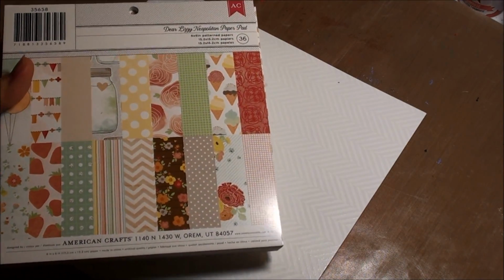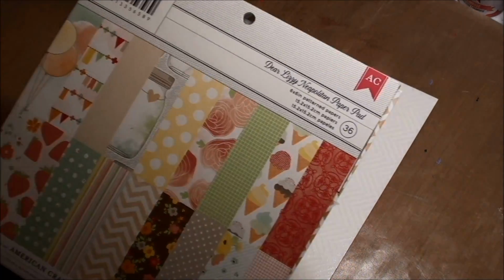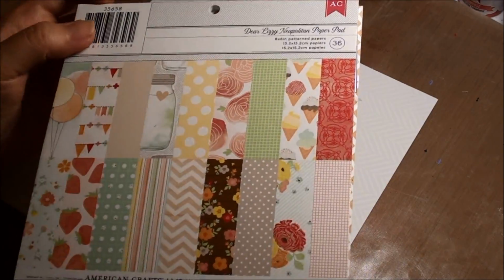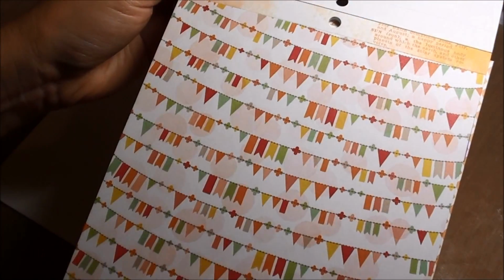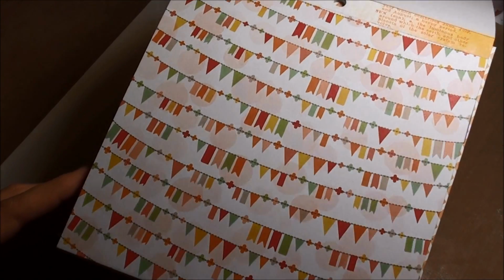So the first one I'm going to demonstrate today is one of those Artisan Papers from Pink Paisley. What I do is I look at the paper collection that I'm working with. So in this instance, I'm working with the Neapolitan paper pad, and I flip through them and see what colors really work well. So this page here really has a good sampling of all the colors that are in this